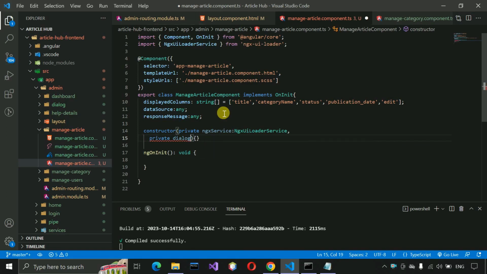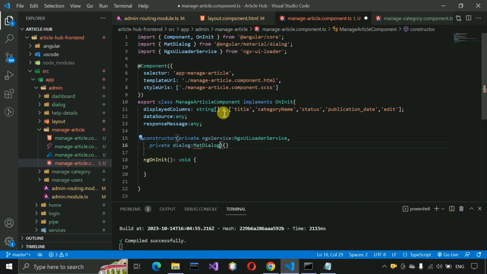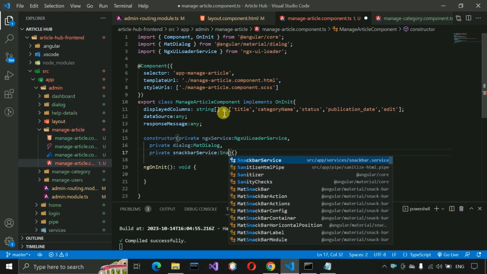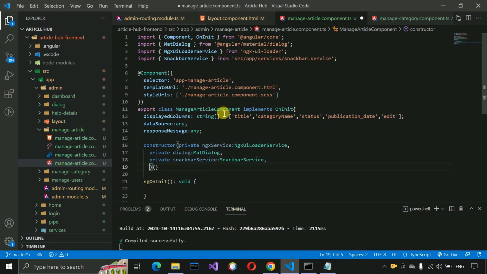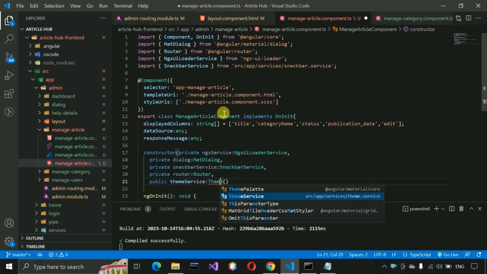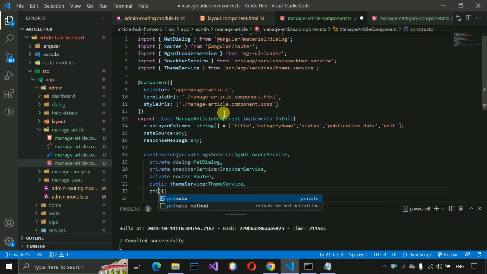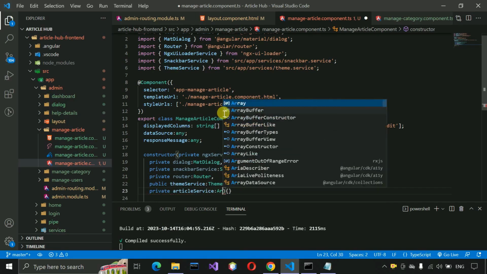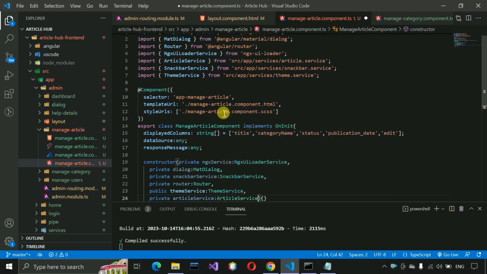Okay, here we put mat dialog, this one, private snack bar service, snack bar service, this one, private router and public theme service. And here we need to pass the theme service which we have created. After that, private article service which we have created, article service we need to import, and then scroll a little bit down,